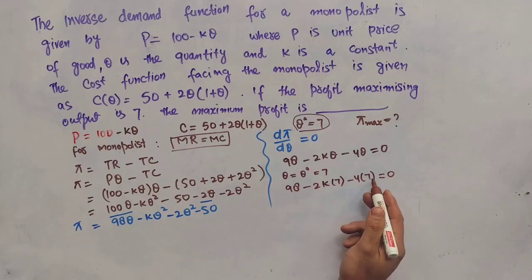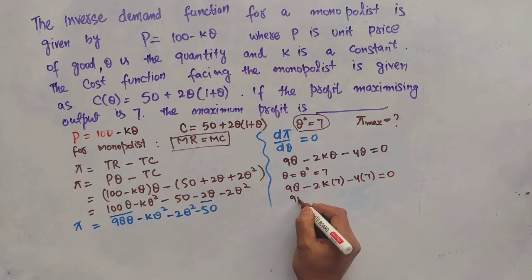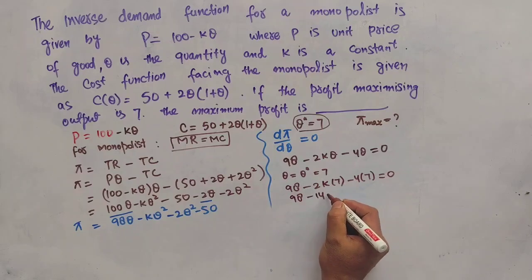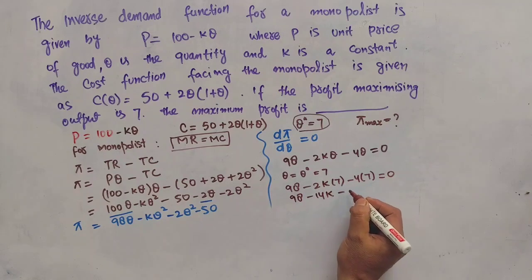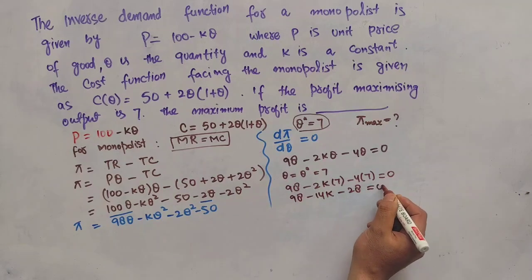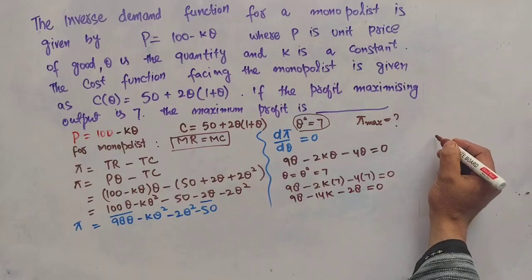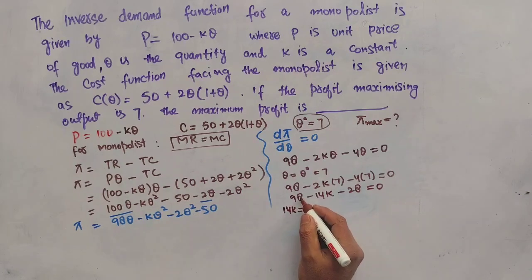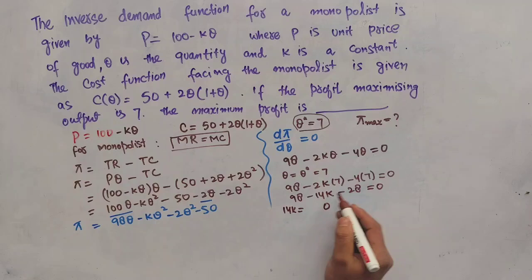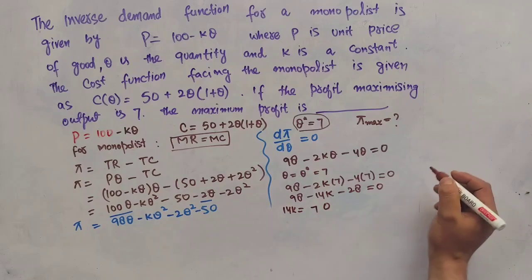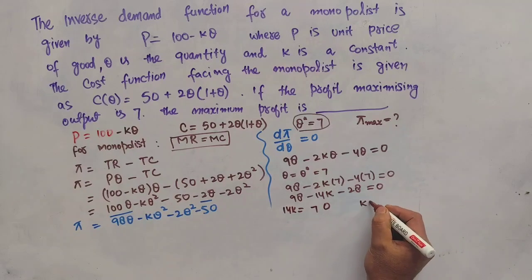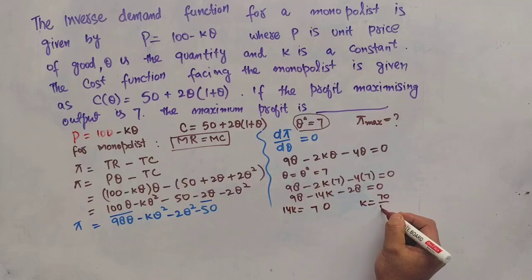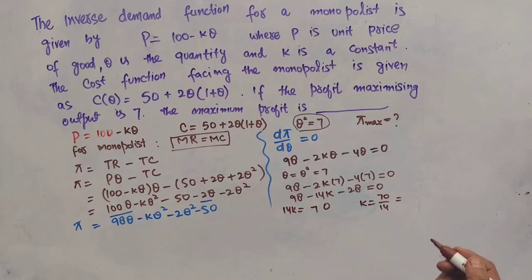Okay, so 4 7s are 28, so we have 98 minus 14k minus 28 is equal to 0. Okay, so we have 98 minus 28, or let us transpose it here. So we get 14k is equal to, 8 minus 8 is 0, 9 minus 2 is 7, which gives us k equal to 70 divided by 14, which comes out to be,